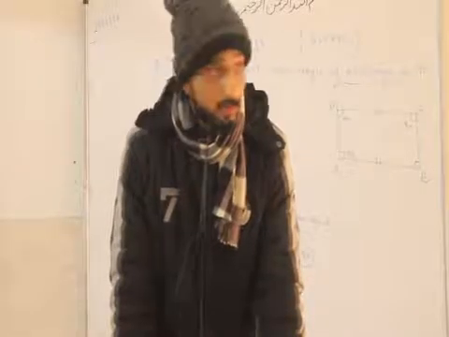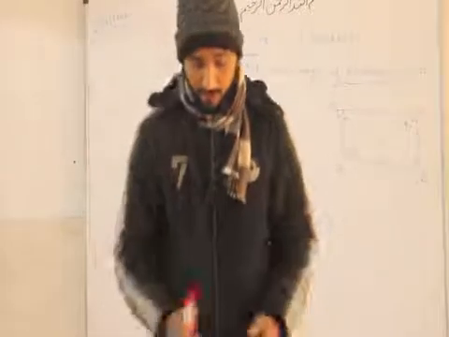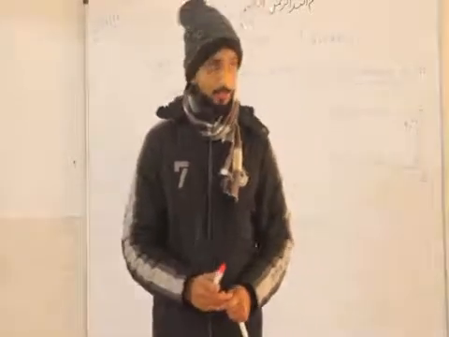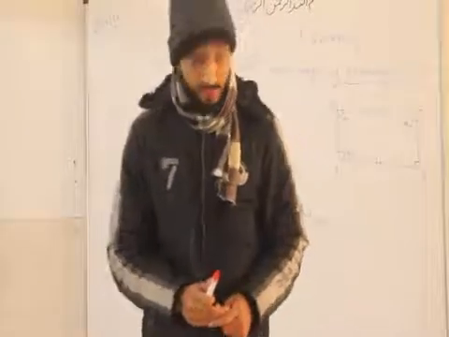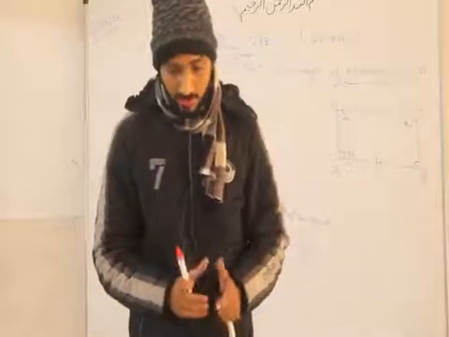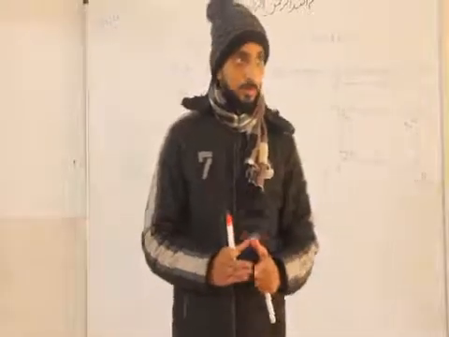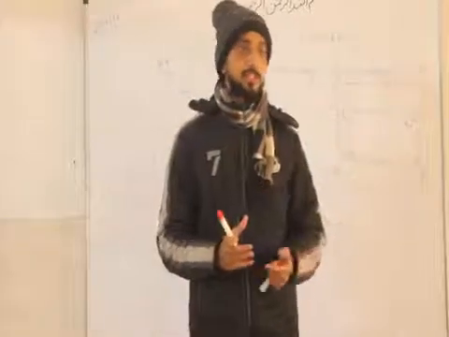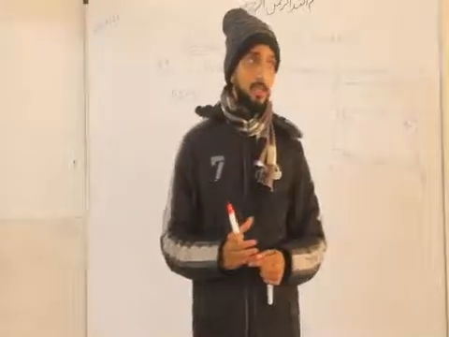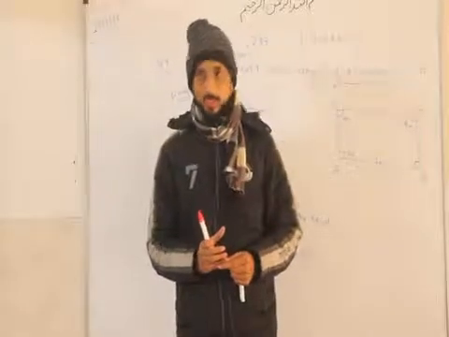And the second part also, the corollary condition here, the opposite. If the angles of a quadrilateral are equal, then prove that it's a rectangle. So what is given here? All the angles of a quadrilateral are equal, so we just use the sum property of quadrilateral. The sum of all the angles of a quadrilateral must be equal to 360 degrees.